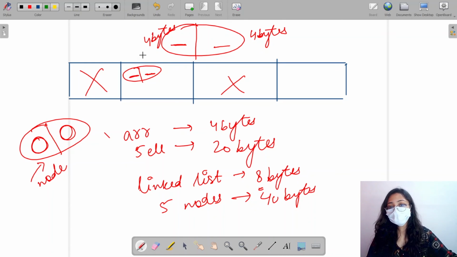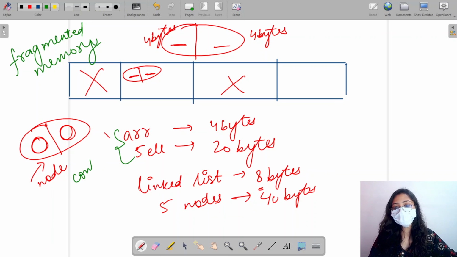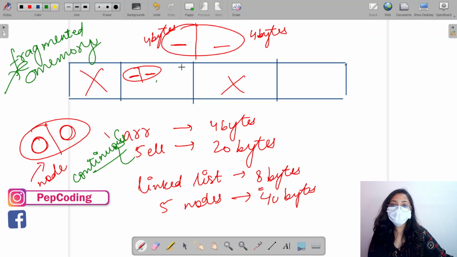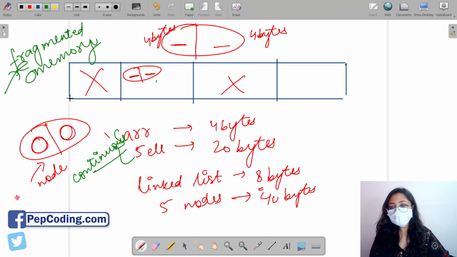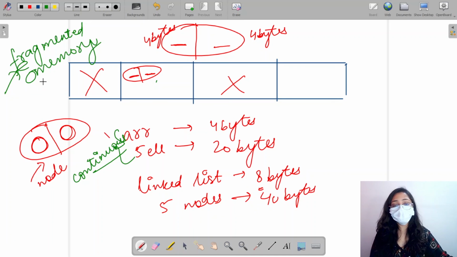But if you remember, a linked list works very well when it comes to fragmented memory. Arrays always need continuous memory. But if I have only fragmented memory and I need to work with it, a linked list can do my work quite easily. So we discussed linked lists today. I hope you understood the gist of it all. We'll discuss it further in the upcoming questions, all the functions and everything. But right now, all the main points of it have been discussed in this video.